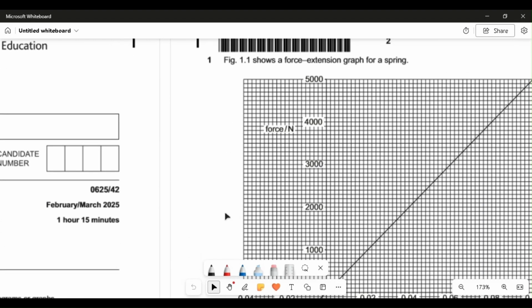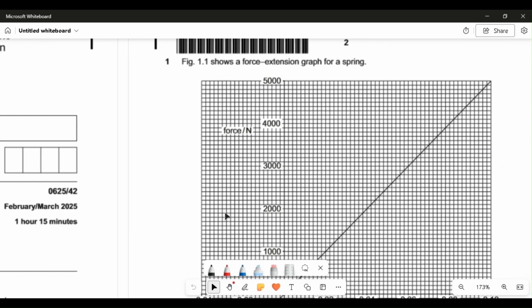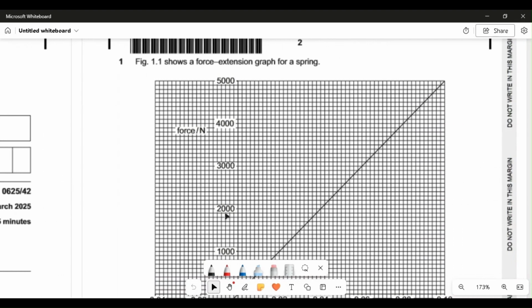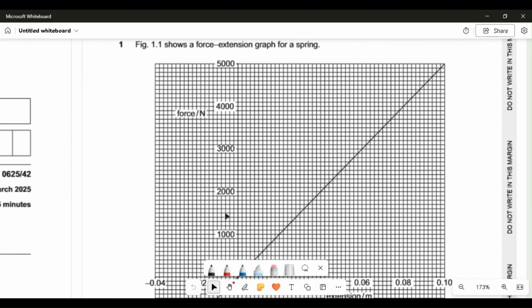Question number 1. Figure 1.1 shows a force versus extension graph for a spring. We know that whenever we have a spring with a mass attached, as the load increases, it means the force increases and the extension increases. Force is proportional to extension. This is told by Hooke's law. And if we write this equation, we can say F is equal to